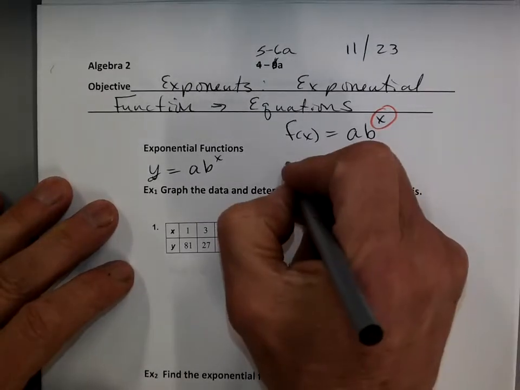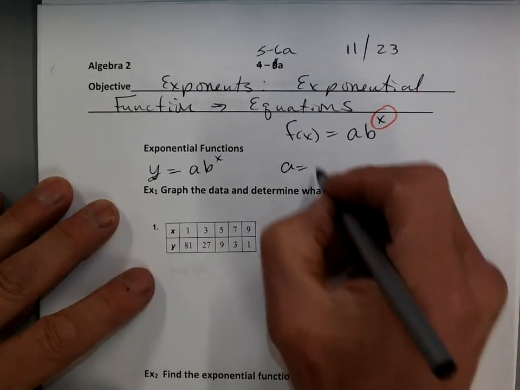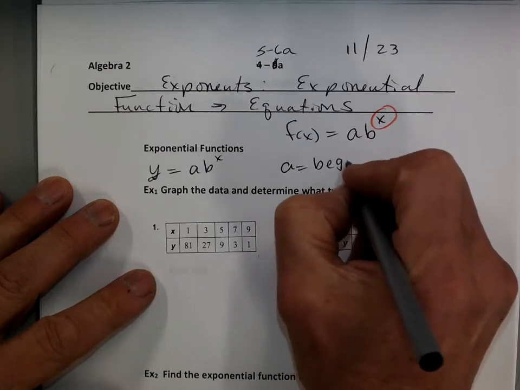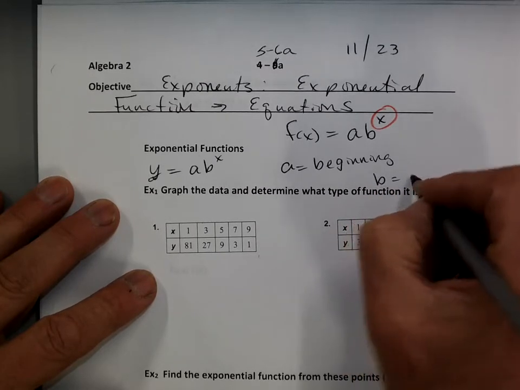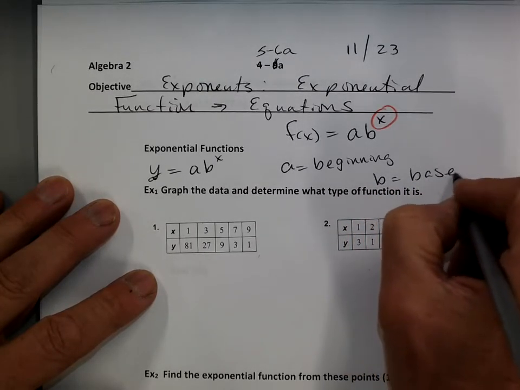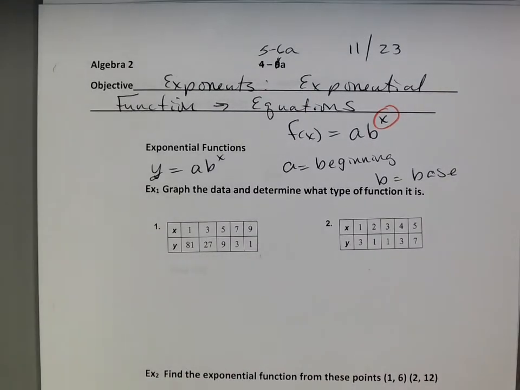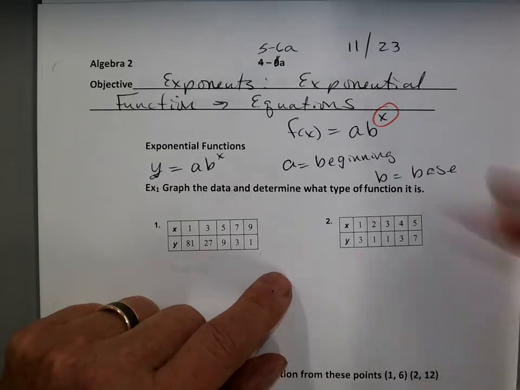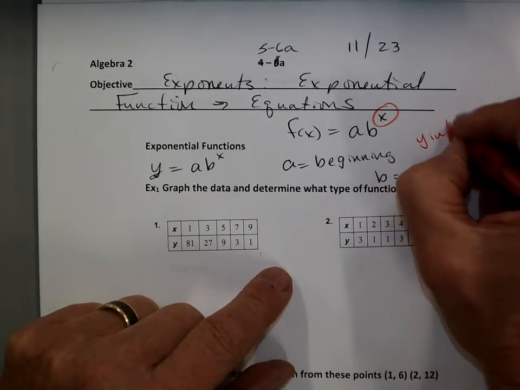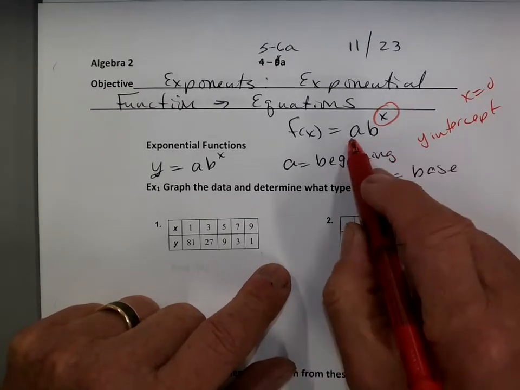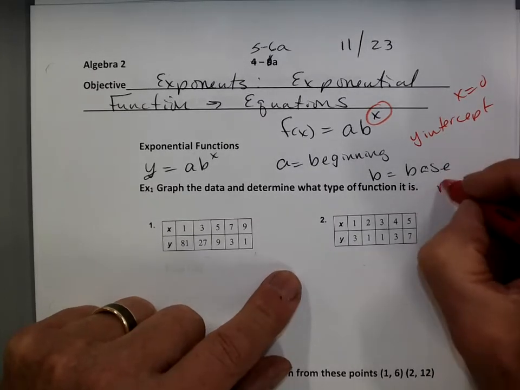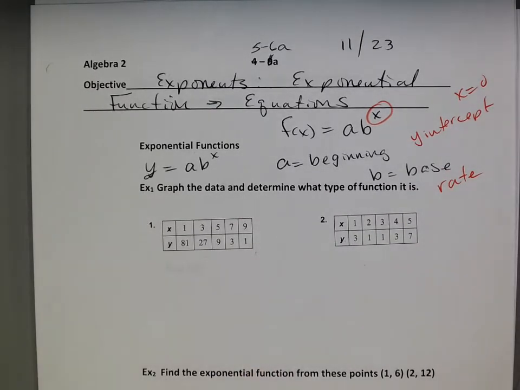We know the a is going to be like the y-intercept, or the beginning amount. And the b is the base, or the rate. Okay, let's write those other words down. It's like a y-intercept, because if x equals 0, anything to the 0 power is 1, and you get a, okay? And this is the base, or the rate. When I say rate, something's doubling, or if it's growing by any particular percentage rate, that's the rate,